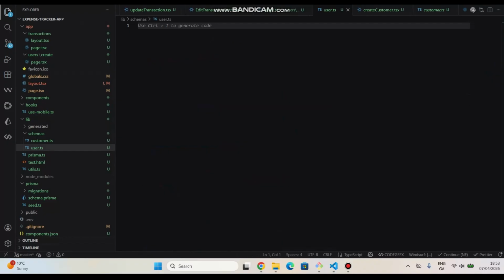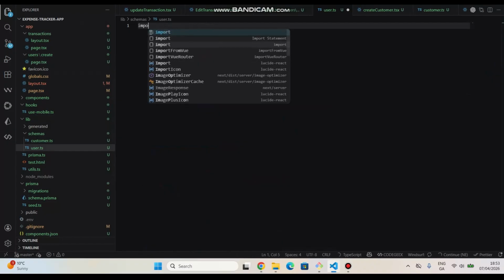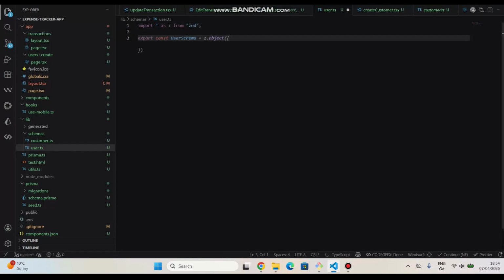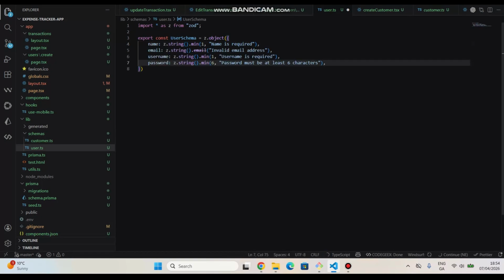And we will call it user.ts and we will import Zod here first. Okay, so I imported Zod here and then we will put the user schema here. Okay, and the first will be the name. Okay, then the email, username, and the password. Okay, so we will do this. And we have this user schema now. Now let's import this schema